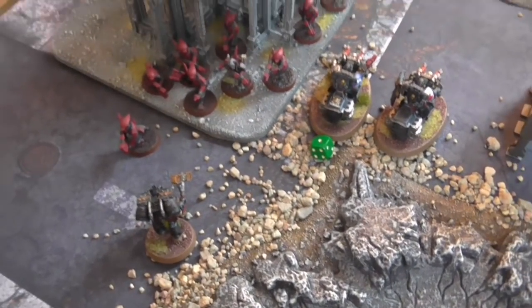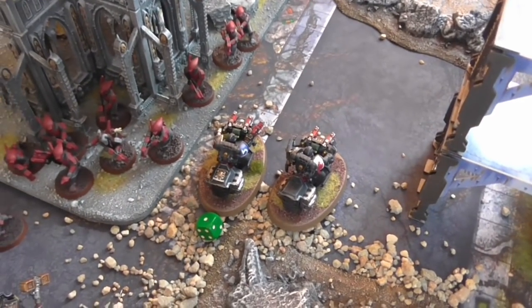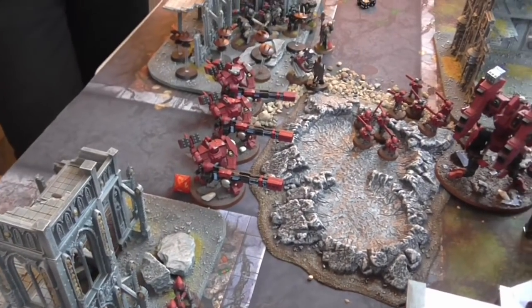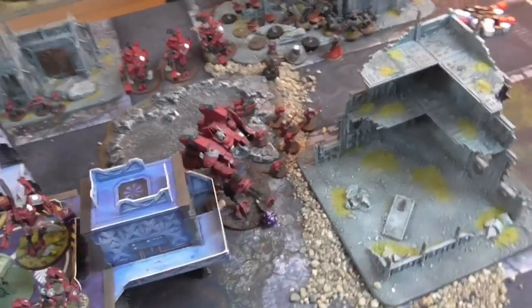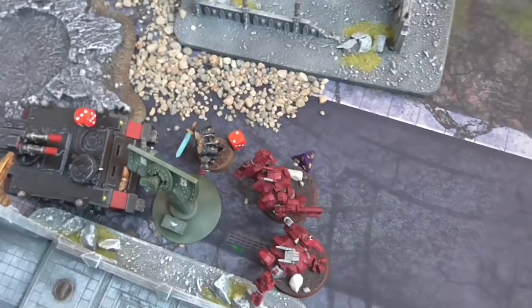The Captain gave up on the ghost kill, trying to kill that. So he's moved over to deal with these guys, and the bikers moved up as well to put some shots into either the breacher team or perhaps even into this squad if I can kill off enough drones with my firepower. So shooting phase, we will start with the